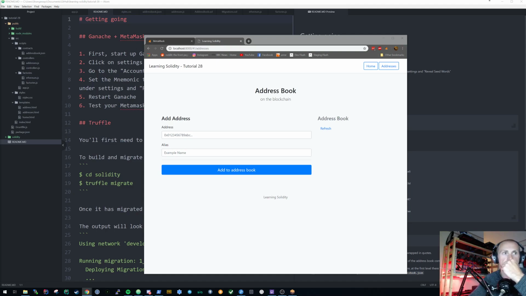Now, essentially what you see in front of us is the application that we're going to be looking at today. I'm not going to be doing too much coding in this tutorial. This is simply just going to show you how to get up and running with this and essentially just what it is. Now, obviously, with Solidity, and with the Ethereum network especially, we have this concept of addresses,